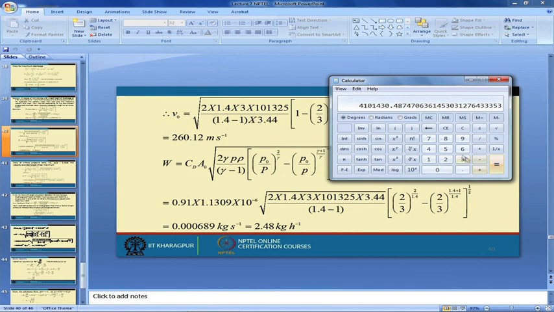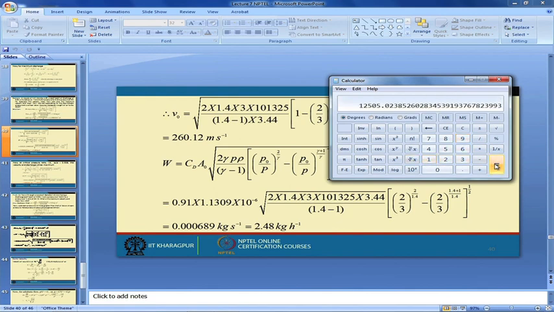Now, this is under root, right, under root into 10 to the power minus 4, this, right, into 1.1309 is equal to this into 0.91 is equal to